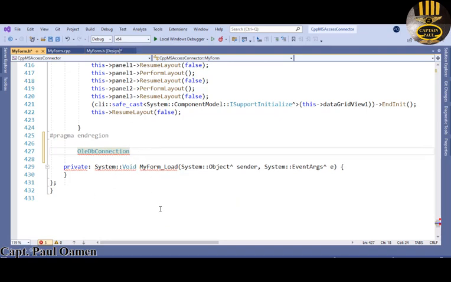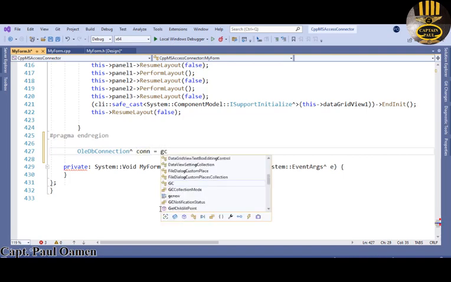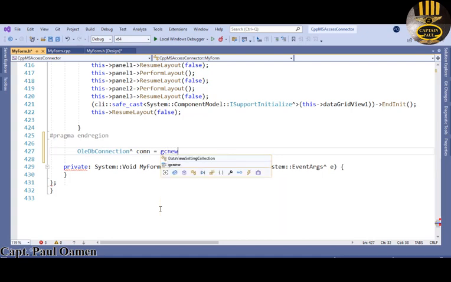So I'm going to now enter a pointer, and this pointer I'm going to give a name that the system should point to, and I'll say equals gcnew, which means garbage collect. Now that is going to be gcnew OleDbConnection,